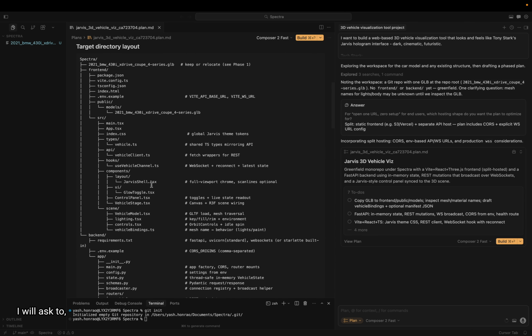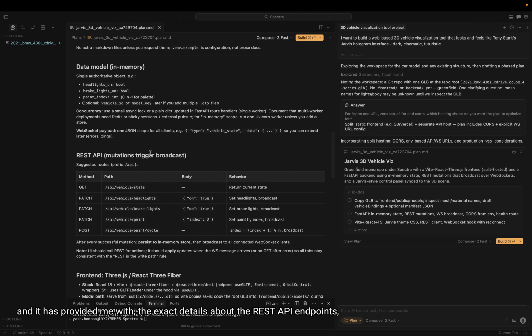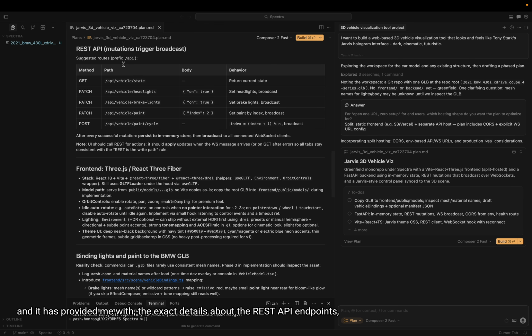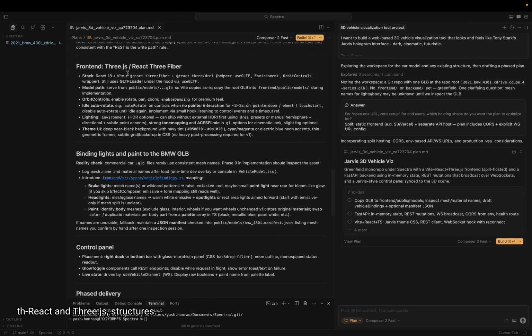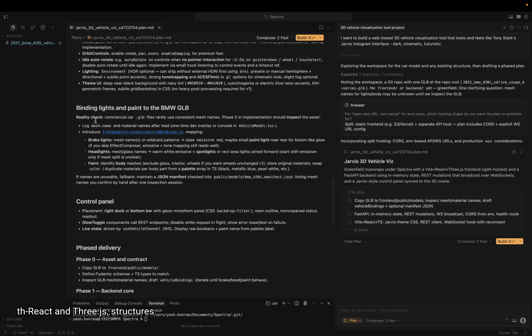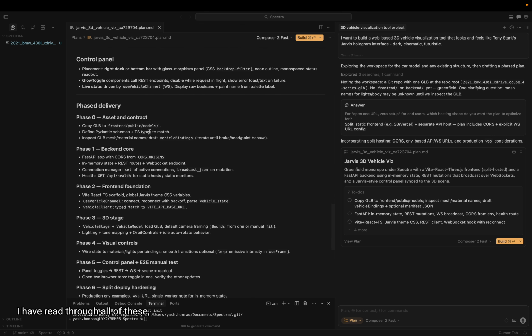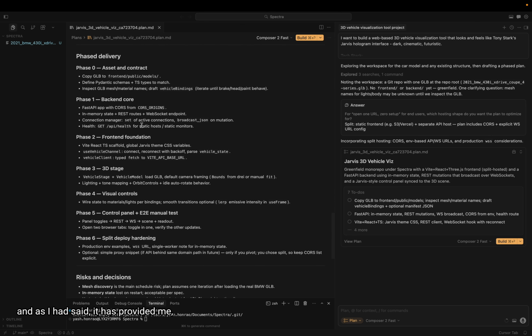I will ask to only relocate this .glb file, and it has provided me with the exact details about the REST API endpoints, the front end React and 3JS structures, then the control panel. I have read through all of these, and as I had said, it has provided me different phases to implement this project